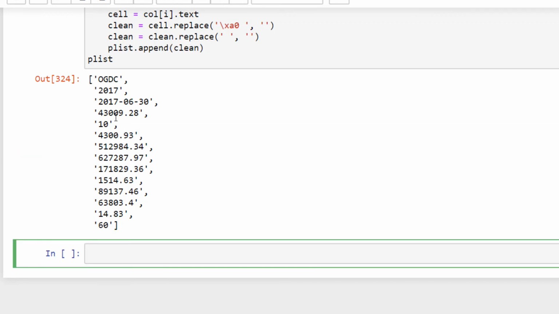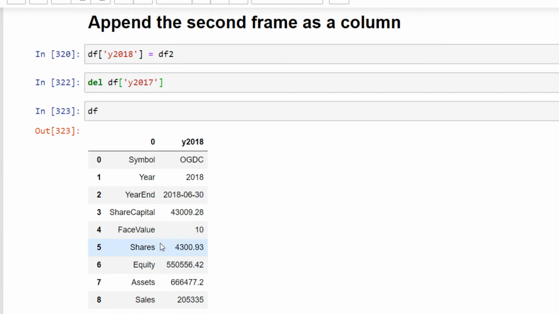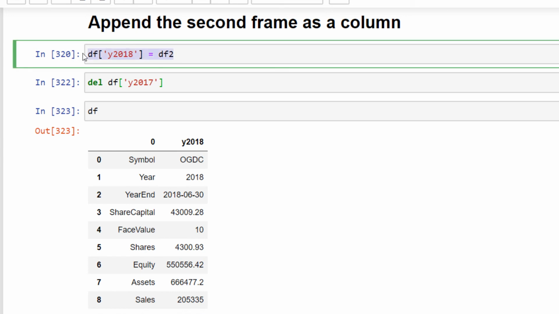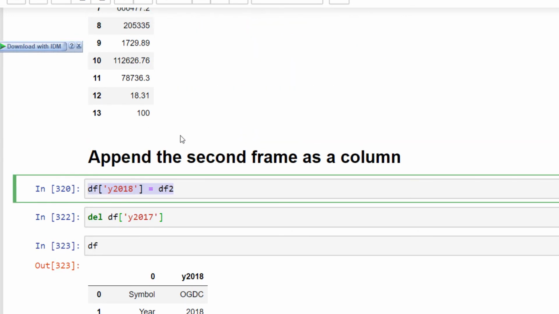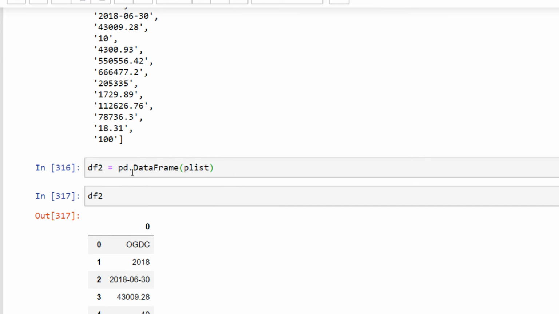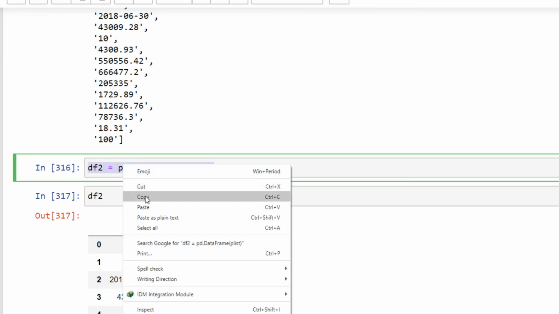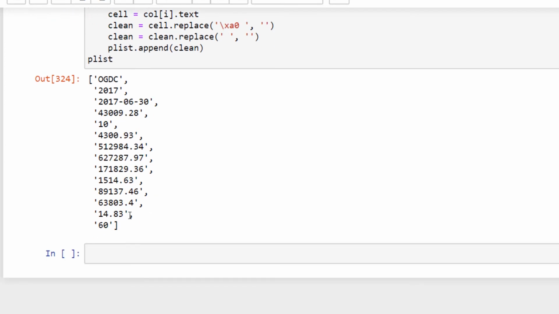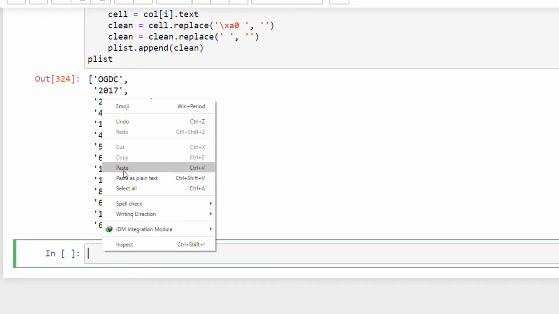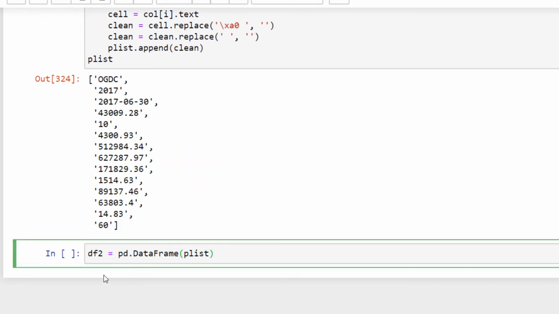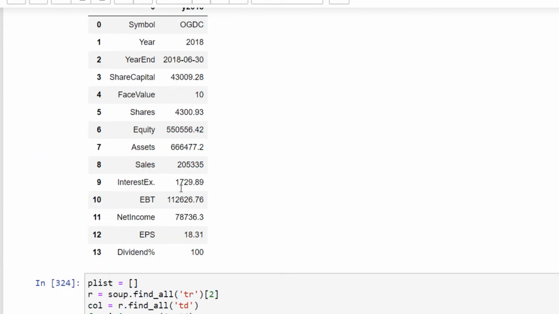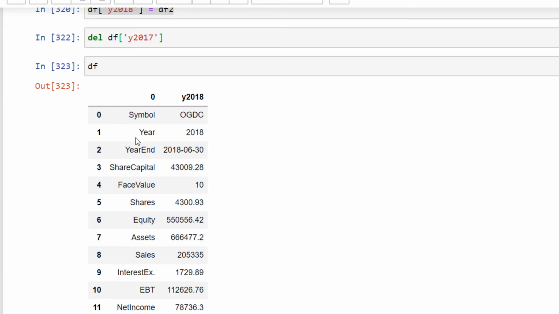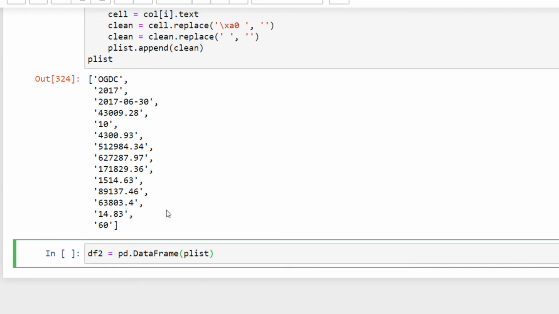So this is our next row, and we write it to a data frame. Remember, how do we do this? It doesn't matter whether you give it again the name of data frame 2 or 3, because we have already merged data frame 2 into our main data frame. So the data frame 2 is now almost redundant. We do not need it.